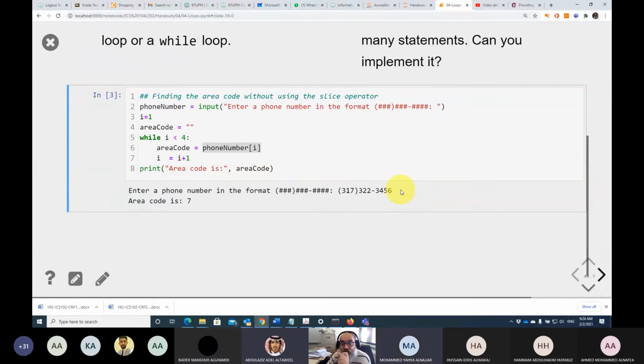No, and I want the area code to be stored in a variable. I can say area code equals area code plus phone number. Use concatenation, guys. Use concatenation. Area code equals area code plus phone number. Right? So now when I run this,